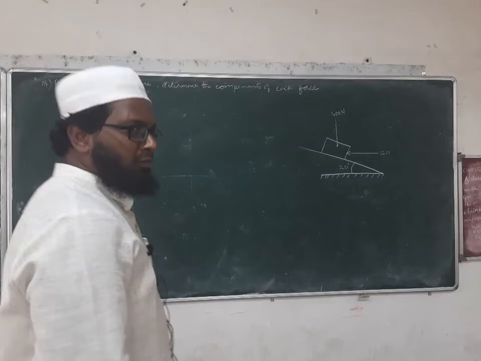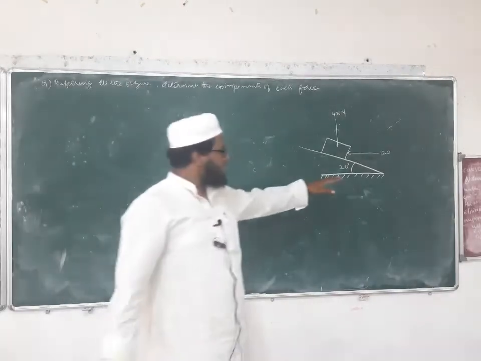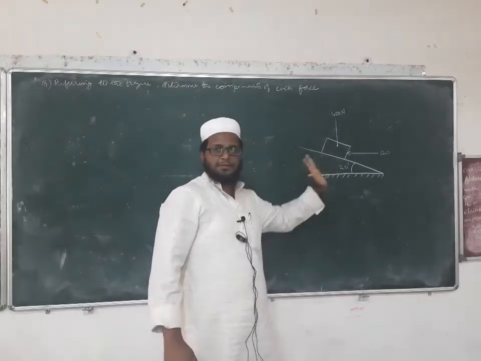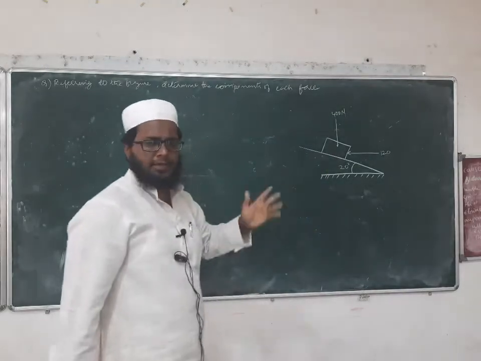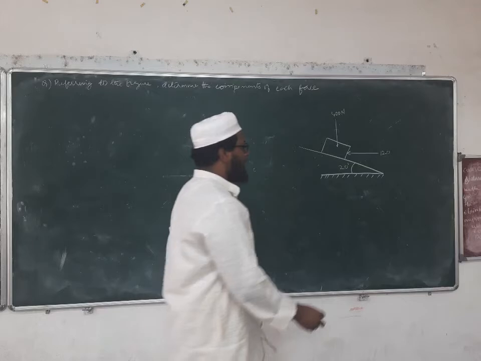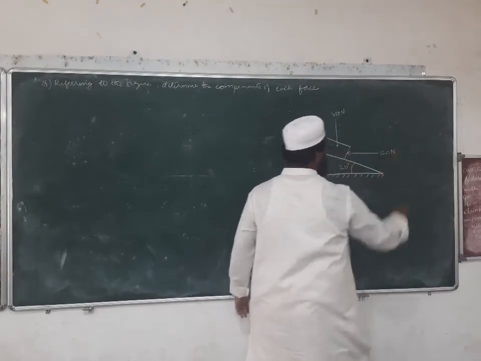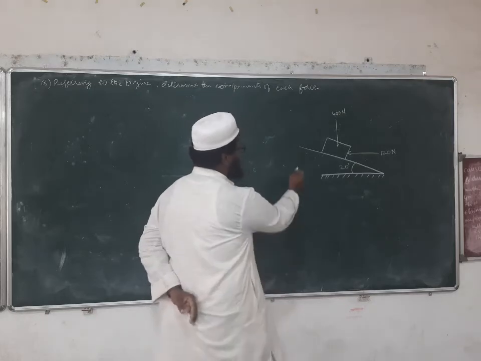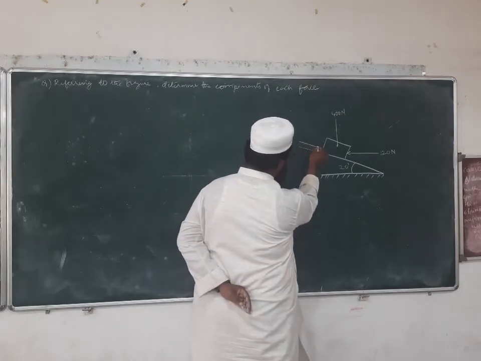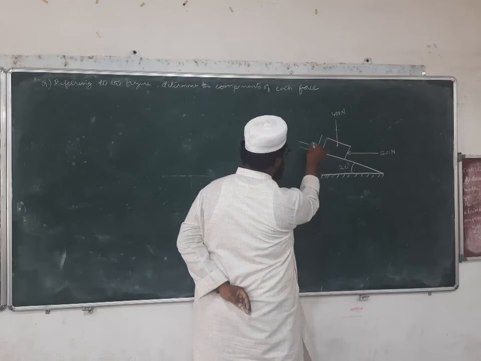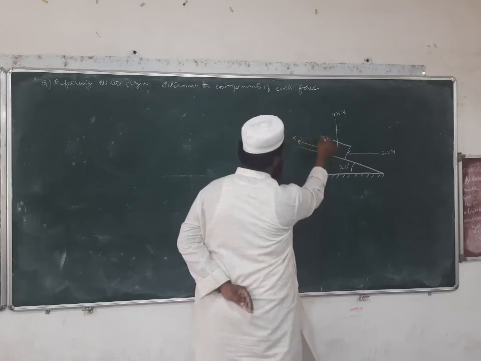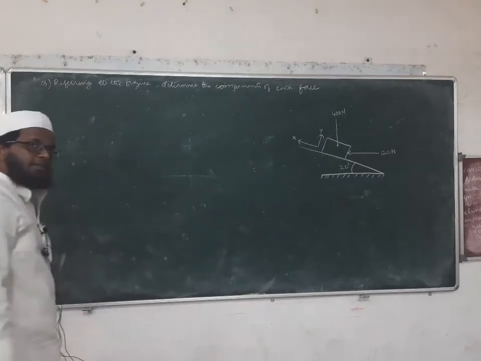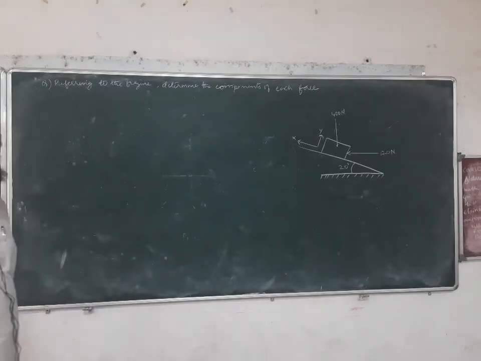Now this is also almost the same problem. In the previous case, the incline was in this fashion, but now in this case, the inclination is from the left side. The forces are the same and all the things are the same. So the question is, referring to the figure, determine the components of each force. Here also, the x and y axis is given like this. This is the x axis and this one is the y axis. Depending upon the given x and y axis, we have to calculate our components.